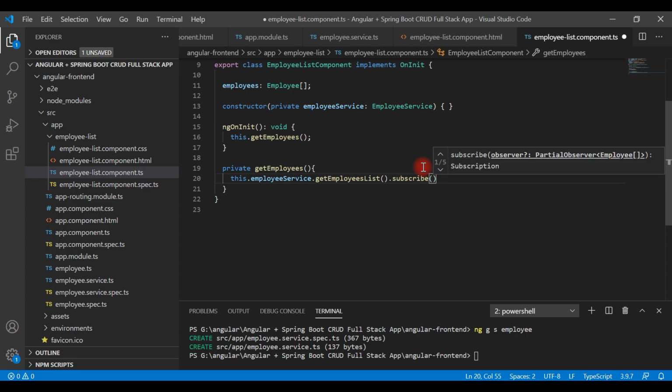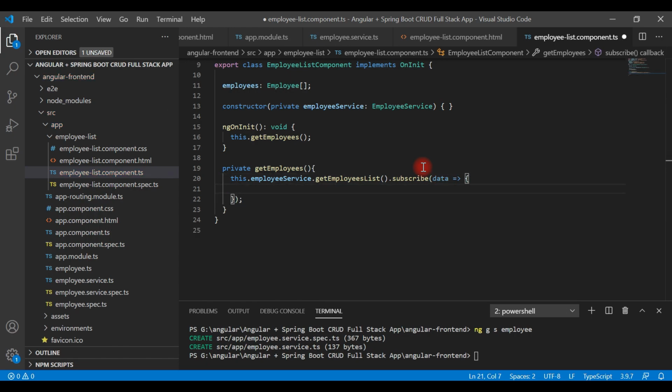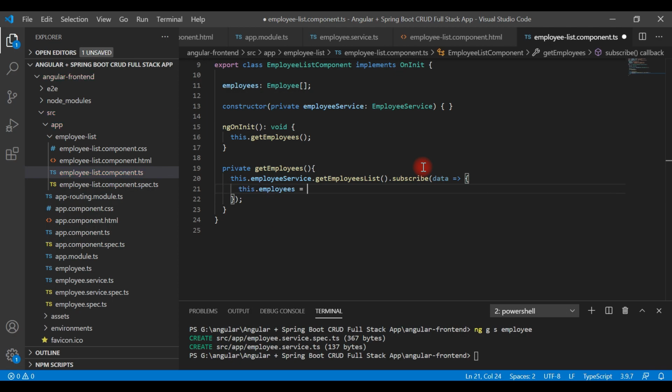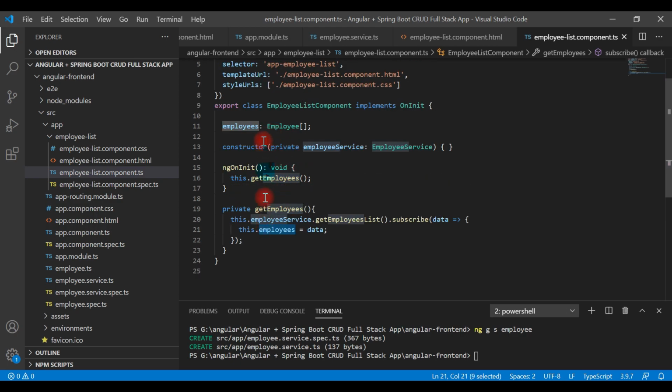In the subscribe method we are going to handle the response of the REST API: data followed by the arrow syntax, and here we assign the response to the employees property. It's pretty simple, right? This is the response data, and we assign this response data to the employees property. This employees property is an array of employee objects. Alright guys,